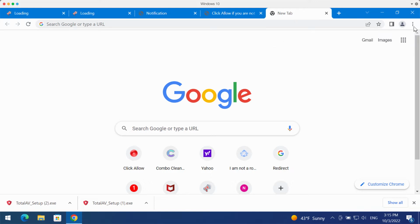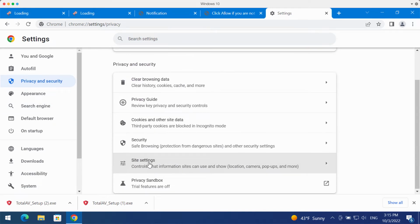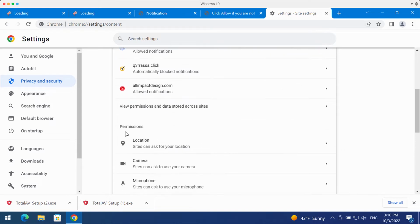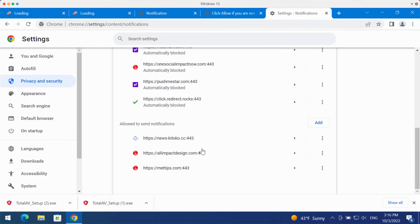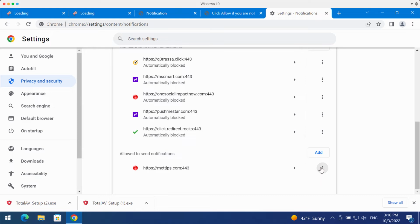easily fixed. Access the menu, Settings, select Privacy and Security, go down to Site Settings, then in Permissions choose Notifications. Pay attention to the sites allowed to send notifications. When you find this News-kitoko.cc, be sure to remove it from the list and remove other junk sites from the